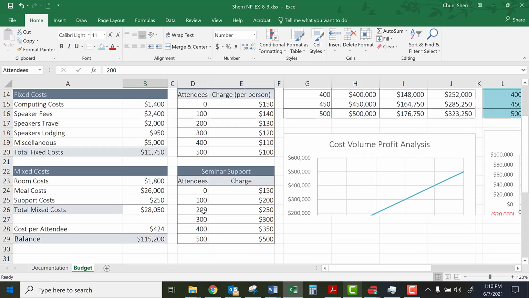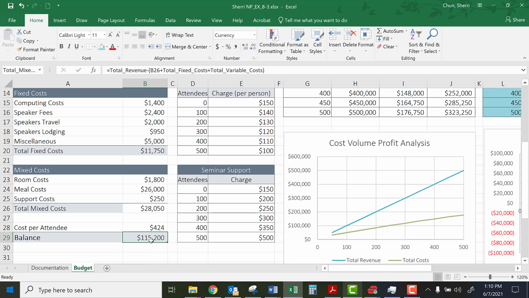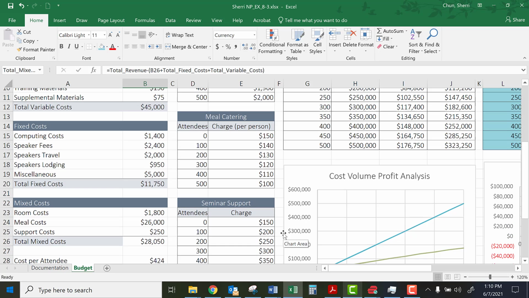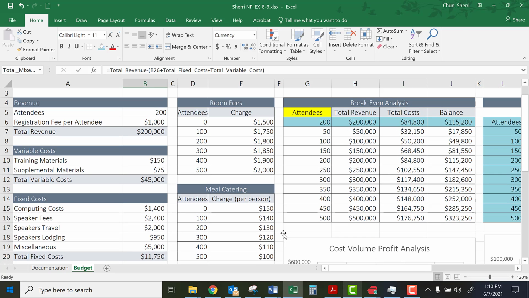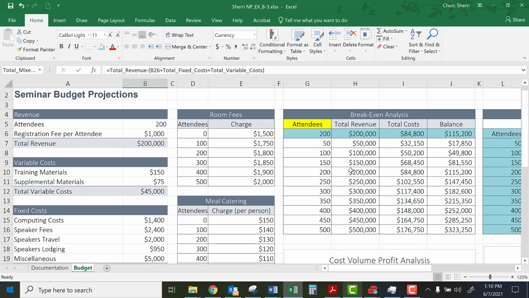So if I was Brenda, I'd want to be maximizing this number. So one thing that we can do is model our revenue and our costs, and we can do that in a very simple way based on changing the number of attendees. As the number of attendees goes up and down, our revenue will change, and so will our variable and mixed costs. So what we have over here is a little bit of break-even analysis, and we've got